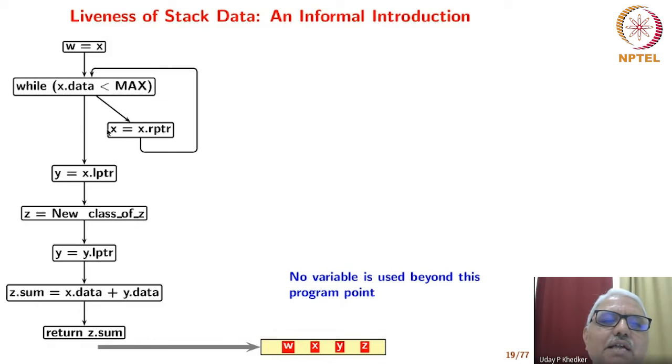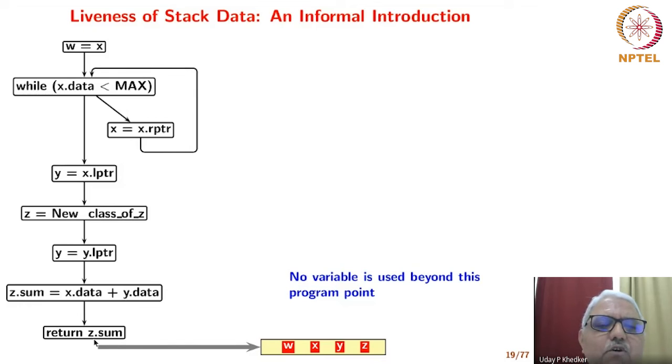In C style notation, this will be a problem. We have x is a structure, and we can't assign x like this. Okay, so we move this pointer x like this, and we have y is equal to x dot lptr. But again, as I said, let's not worry too much about what this program does. We are interested in seeing which of these variables can be eliminated, which of these assignments can be eliminated. So we want to perform live variables analysis.